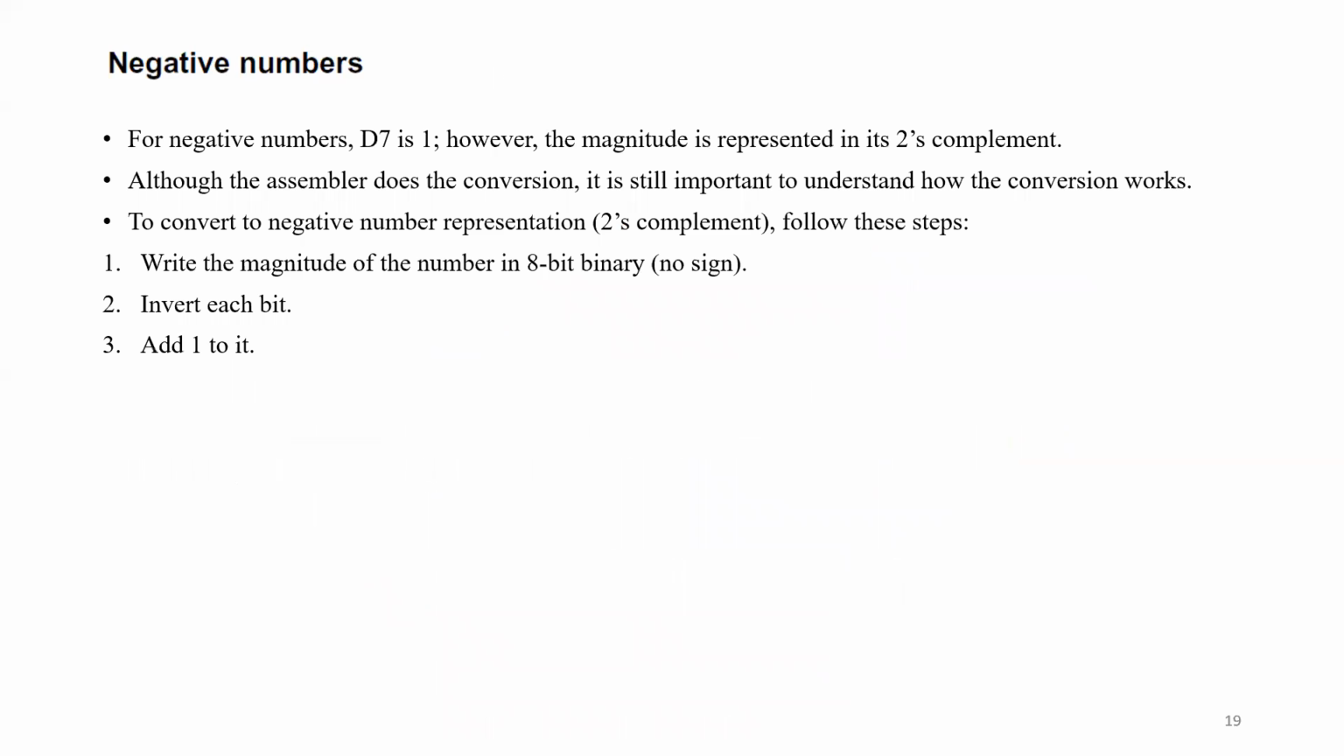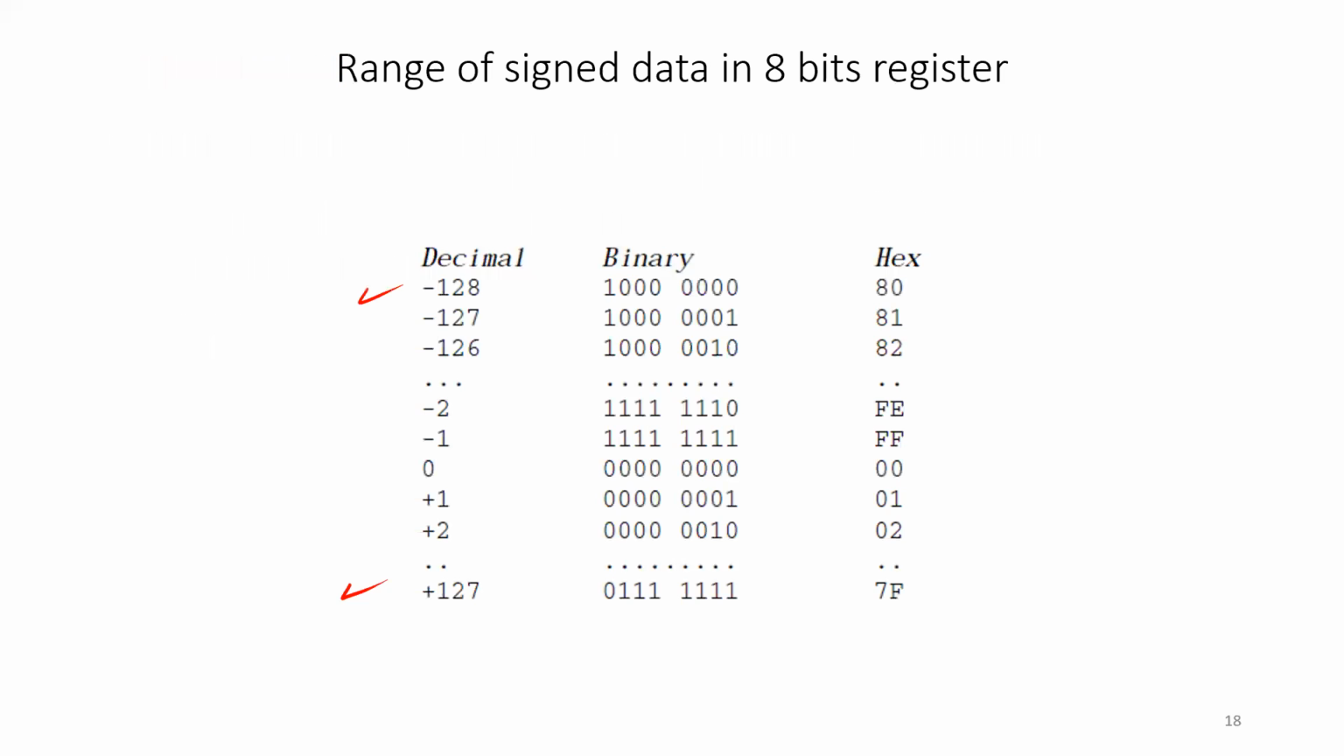So for a negative number, as we said, D7 would always represent the sign. So for a negative number, D7 will be 1. However, the magnitude is represented in the 2's complement. Last class we discussed the meaning of 2's complement. We will elaborate more today on how we can calculate it. So again, the value or the magnitude is not represented as data as it is. It should be 2's complement, which means if you have data, like, let's go to the previous slide,